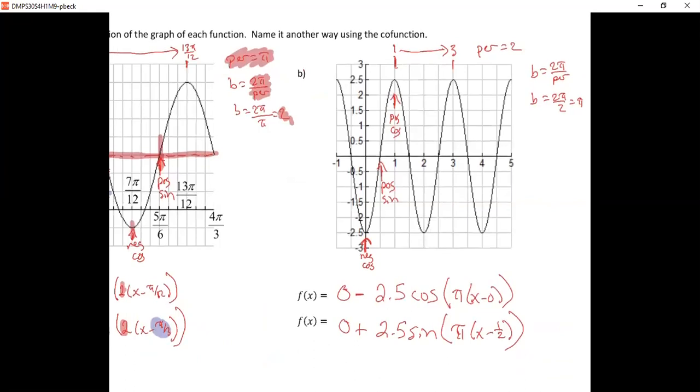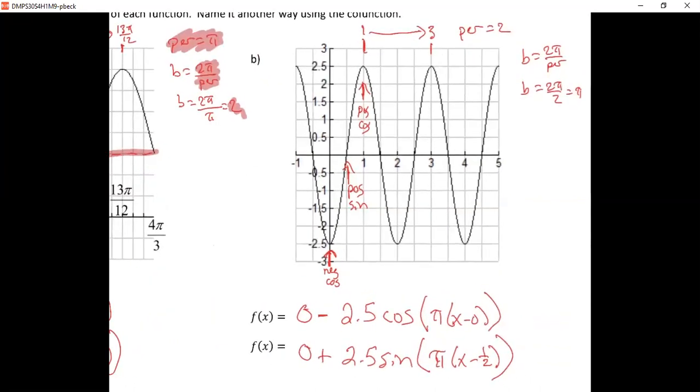For part B, we do need to establish what's our vertical shift, or our equilibrium, which is still going to be at 0. So that's great. You don't have to write the 0 if it's just a 0. Our amplitude is 2.5, which is why you see the 2.5 in front of both the sine and the cosine. If we want this as a cosine, we could do this as a negative cosine because that's right on the axis, so a negative cosine with no